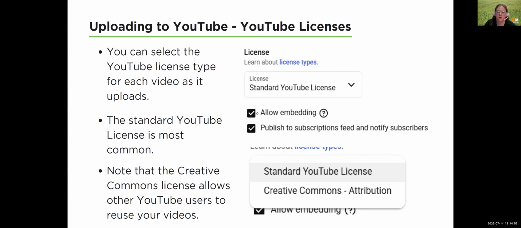There's also an option here under this section to allow embedding. To be able to embed a YouTube video, this would be something where if you wanted to have a video play automatically on your website, if you're putting together PowerPoint slides, that kind of thing, that's what embedding is for. And then if you publish the video to your subscriptions feed and notify your subscribers, these are like your followers on YouTube. If you want to notify those subscribers every time that a video publishes, you click that